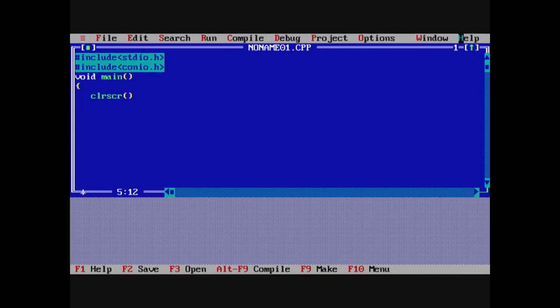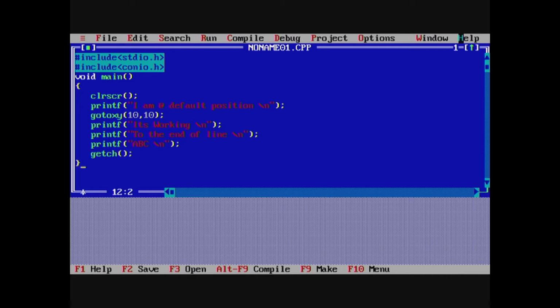You call the first function, that is clrscr, then printf I am at default position, then you call the next function, that is gotoxy with parameters 10, 10, then printf it is working, again printf to the end of line, then printf ABC, getch, then close the curly brace.